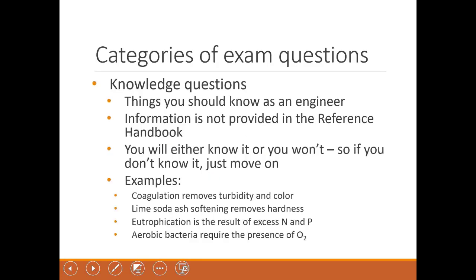So in terms of the categories for exam questions, the first category are knowledge questions. So these are things that the author of the exam believe you should know as an engineer. This information is not in the reference handbook. And it's the kind of thing you're going to know or you're not going to know. So if you don't know it, move on, or guess and then move on. So for example,